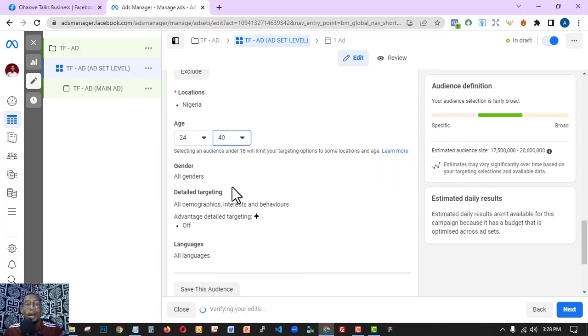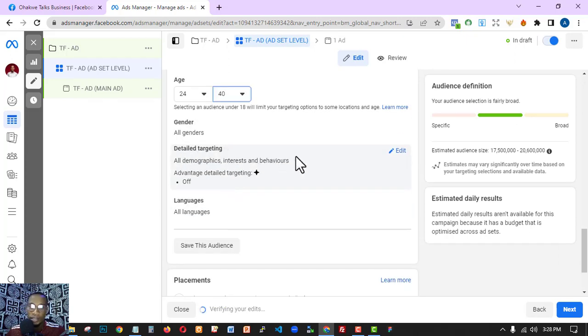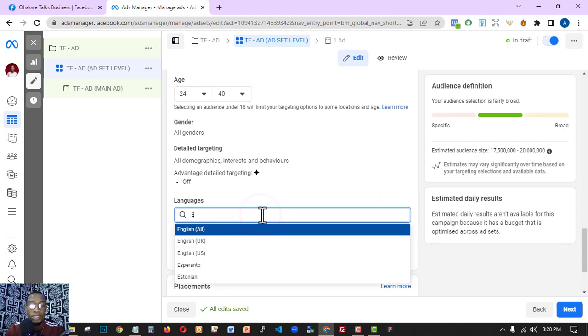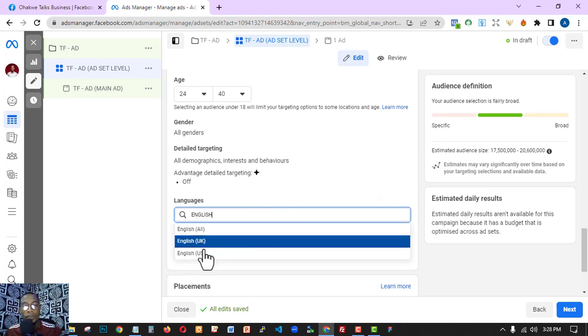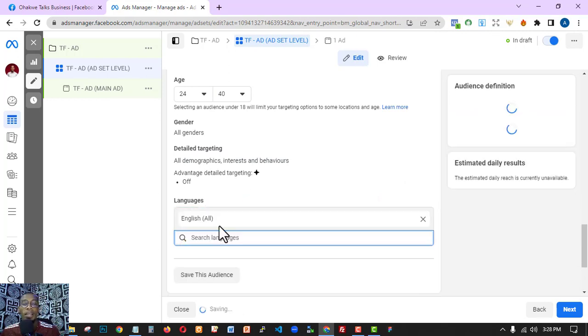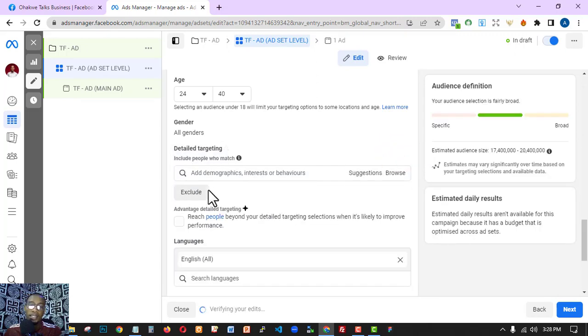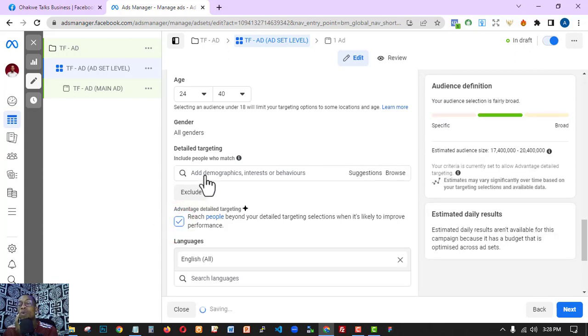So I have genders. You can select gender. Then I'll come to this detailed targeting. See what I'm going to do here. First of all, I'll select English, because I want to show my ad to people that speak English only. I'll select all. Then I have this detailed targeting here. I'll select this particular one, advantage detailed targeting. That's fine. Now, depending on what I'm selling,